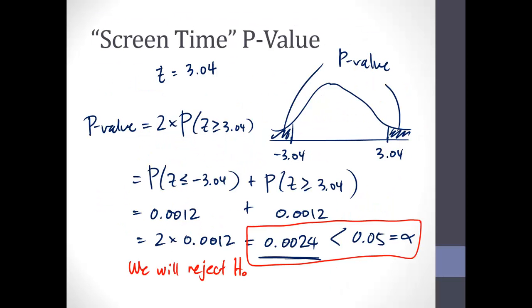Because our alternative hypothesis was that mu is not equal to 6.1, we took our p-value to be both of those tail probabilities, so 2 times the probability that it's bigger than 3.04. So we calculated our p-value, got down to the bottom, that red box, and compared it to our significance level, which here is the usual 0.05. Because the p-value was smaller than that, we rejected the null hypothesis,